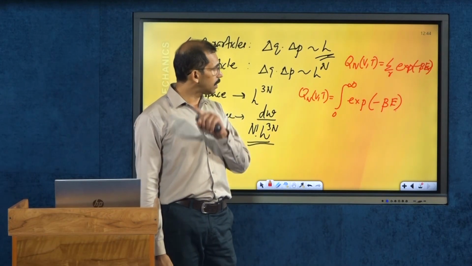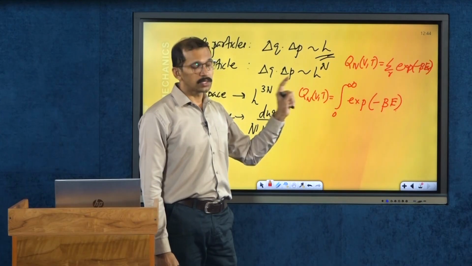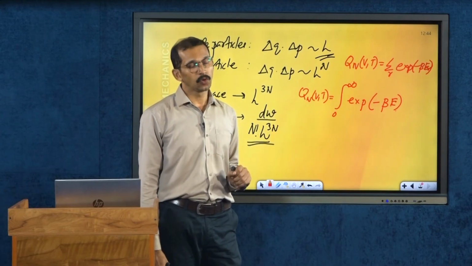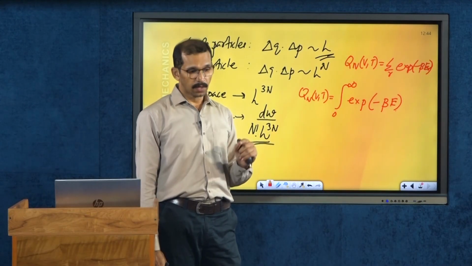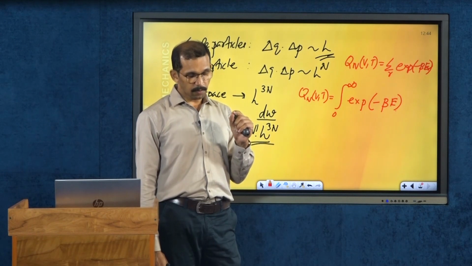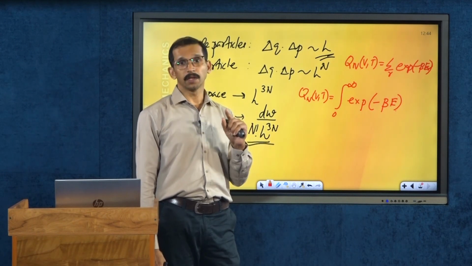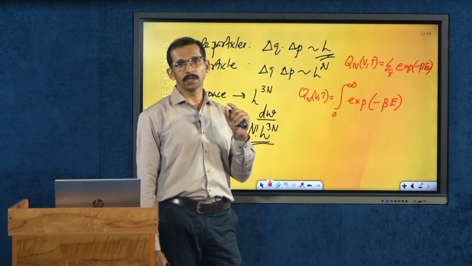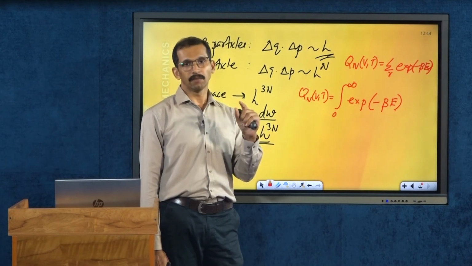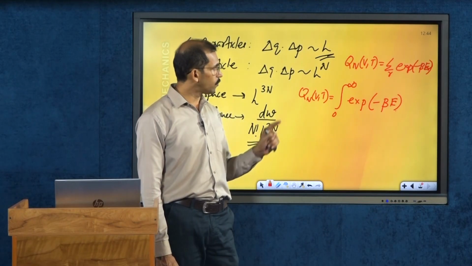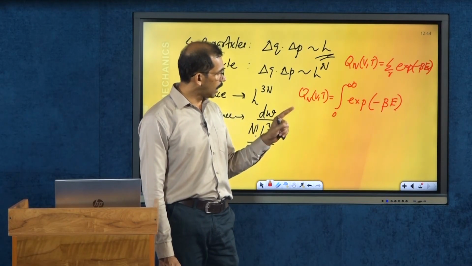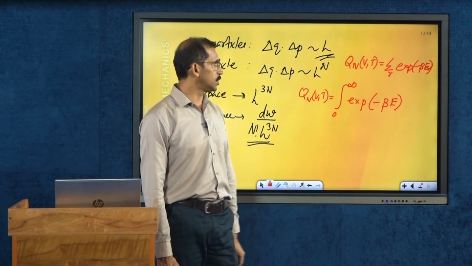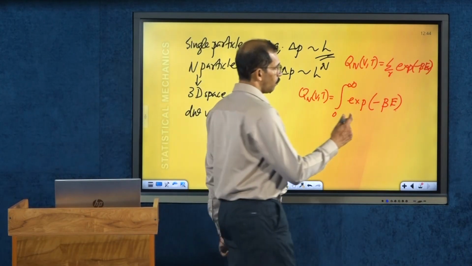Now what I was telling is that this equation may not be sufficient all the time, because for the same energy, there may be different microstates. So there we have to remind ourselves about the degeneracy levels, and therefore we have to add something more into this equation, which is